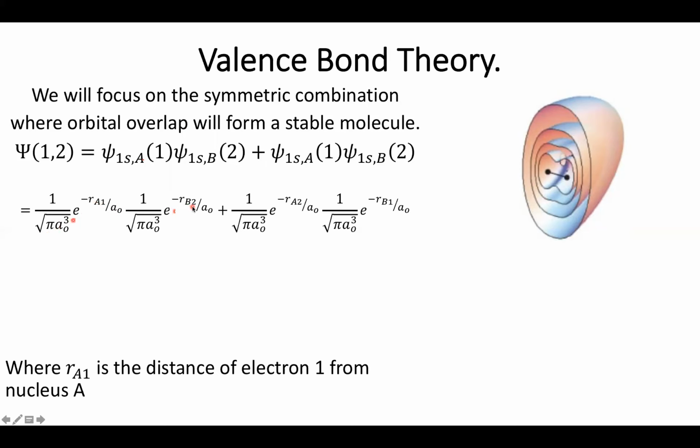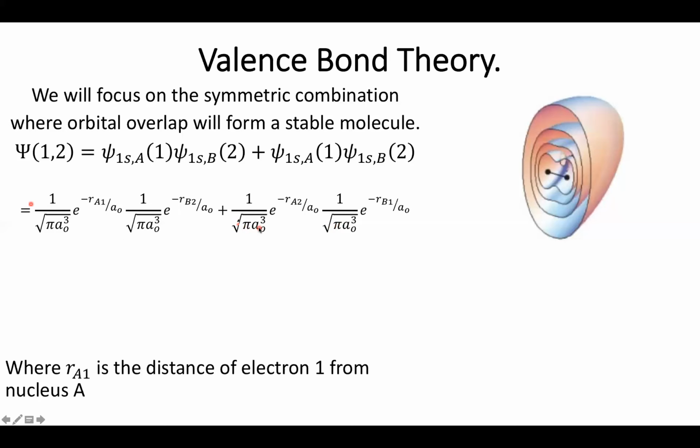And r_B2 represents the distance of the second electron away from atom B. And similarly over here, the distance of the second electron from atom A and the distance of the first electron from atom B. And again, we can turn this into a ratio by dividing by the Bohr radius. So when we put this together, it's a rather straightforward equation, but let's be honest, it's also a little bit messy. So one of the first ways I can simplify this is by taking all of these normalization constants, which are shared by everybody.